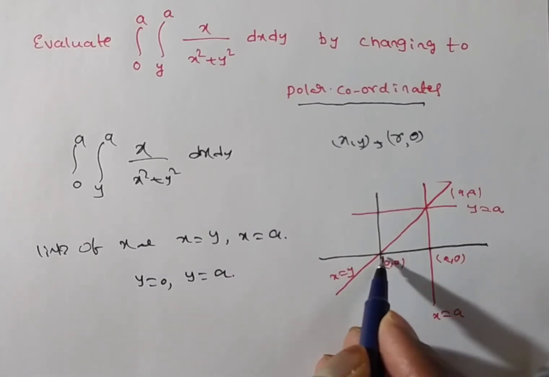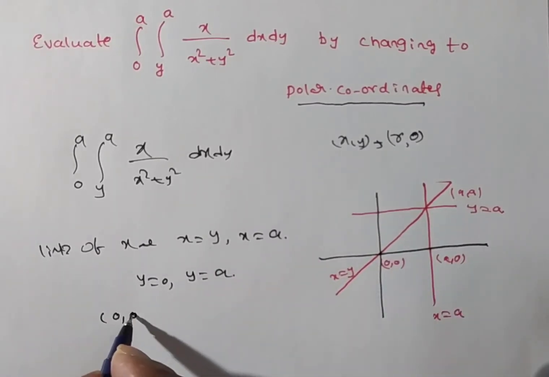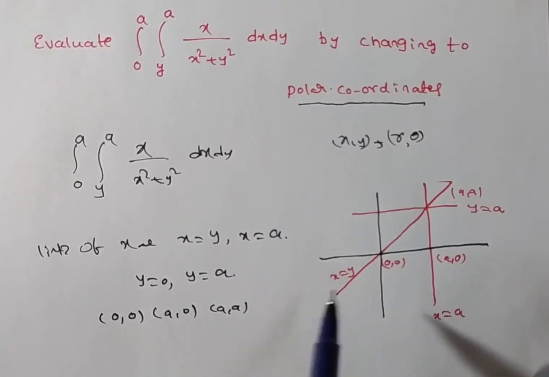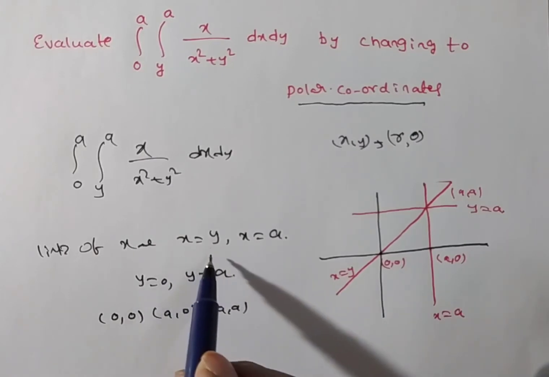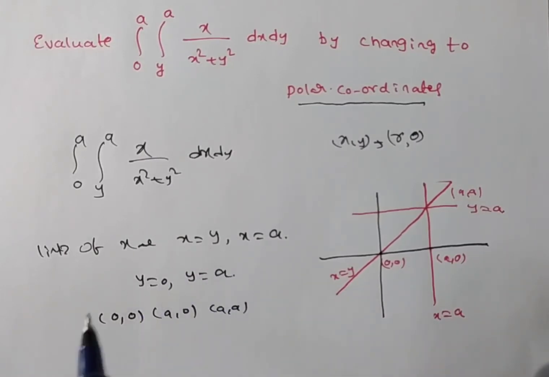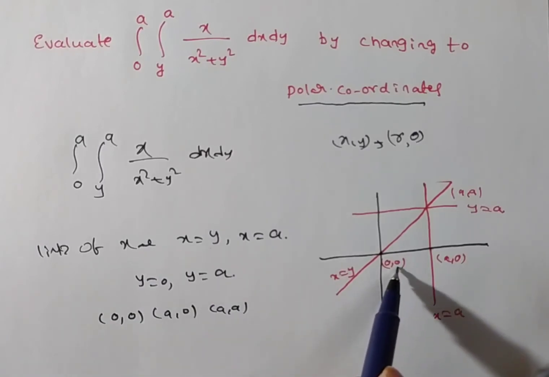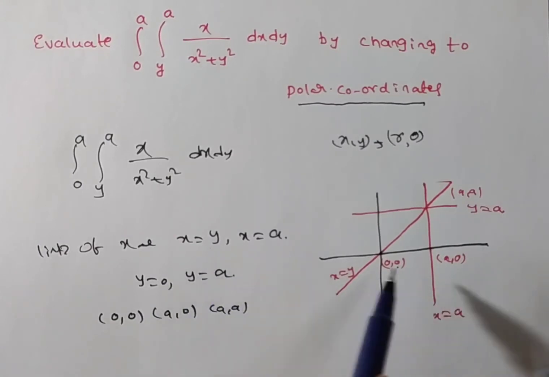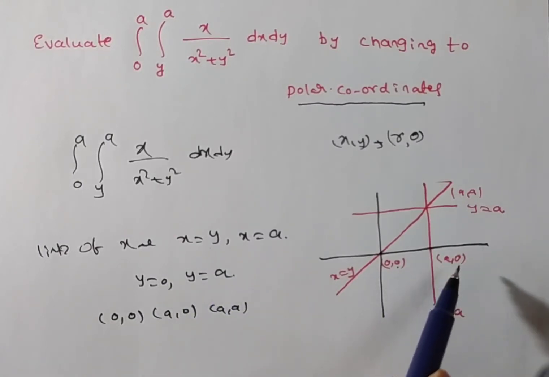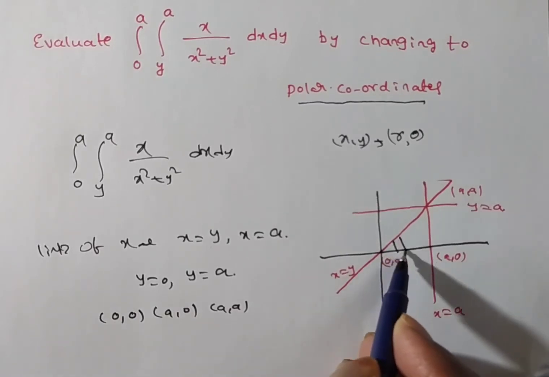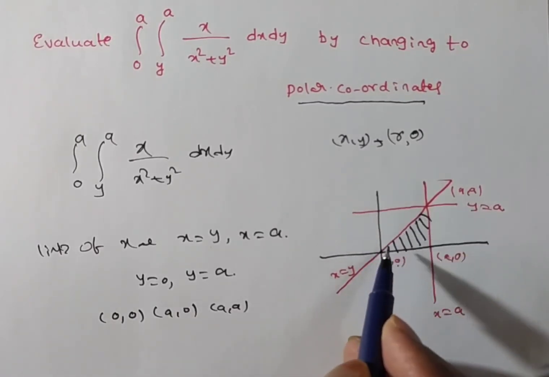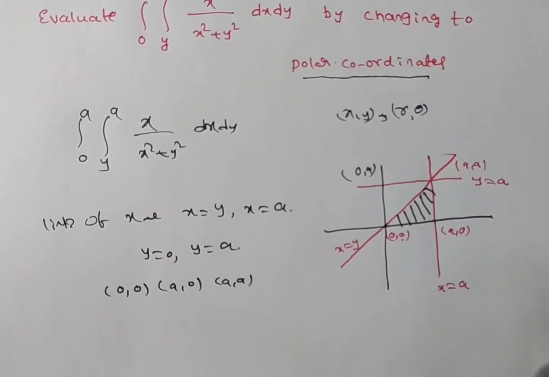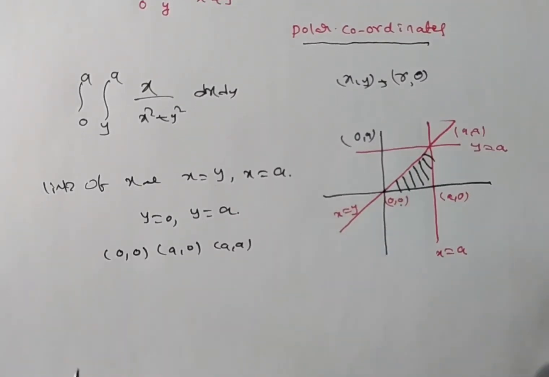So what you can say now is that the region lies between 0 comma 0, a comma 0 and a comma a. While putting y is equal to 0, you are getting the x value. Nothing but here, when y is 0, x is 0 in this case. When y is a, you will have x is a. Next, the point x is equal to a means a comma 0. So the region is the shaded region. This region only, not this one, because they have not given the point 0 comma a. Are you getting the 0 comma a point? No, we are not getting it. Okay. Now in this region we have to evaluate.